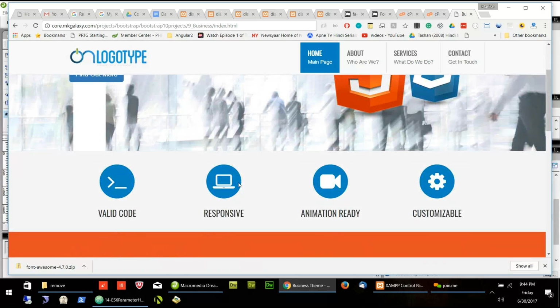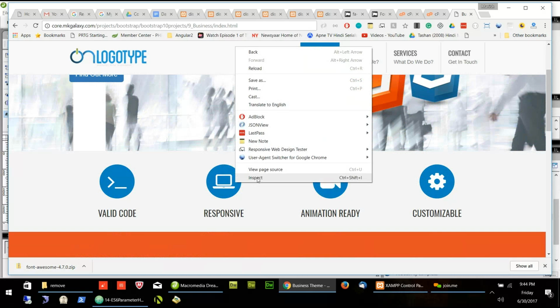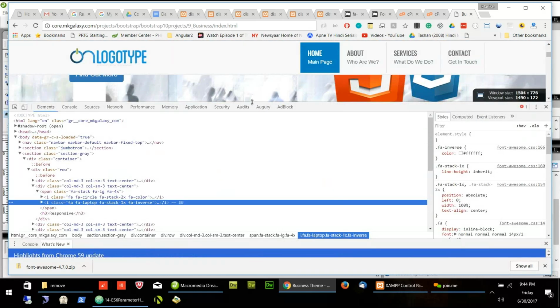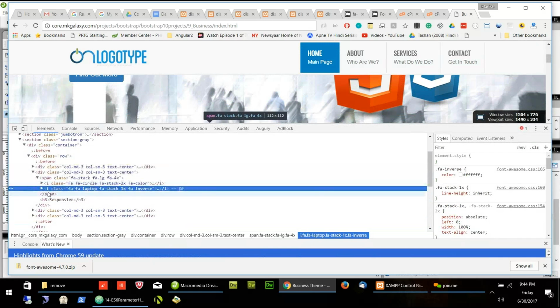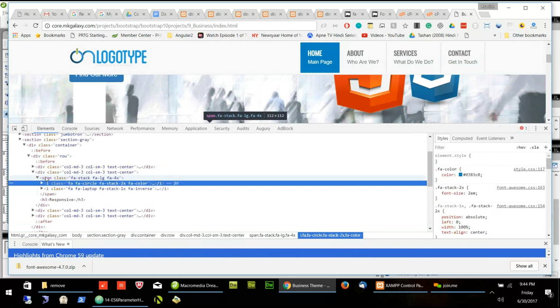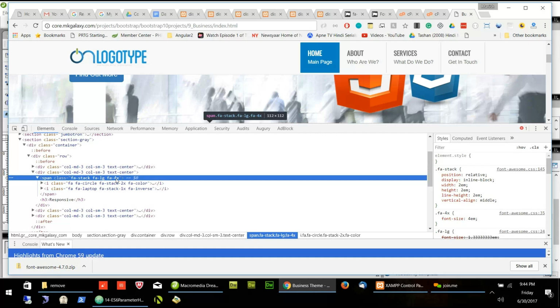So let's see what I have used. I did this long back, 2-3 years back. So what I did here, I put span to FA4X. I was right now putting FA5X individually, but we have to put it in the main span, so it will increase as a whole.